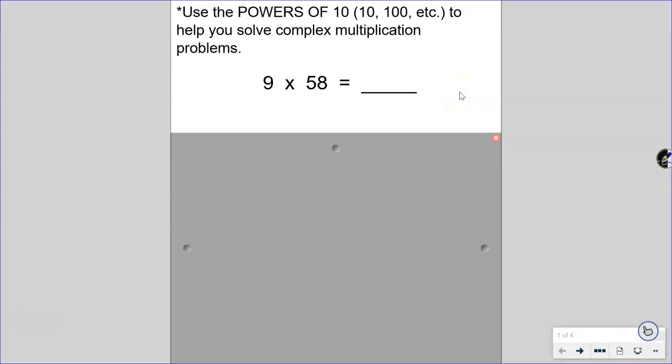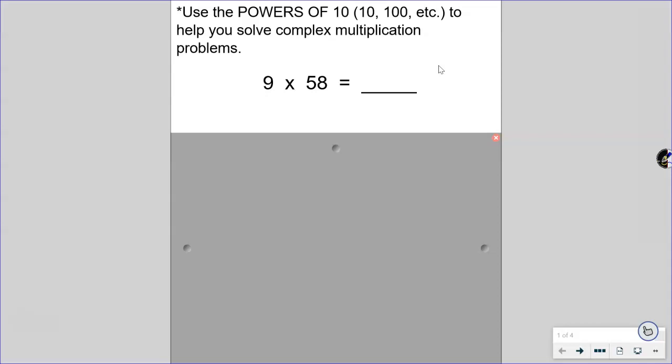This week's review with Rindo is focusing on using the powers of 10 to help us solve complex multiplication problems. And when I say powers of 10, I mean numbers that are ultimately multiples of 10. So the number 10, the number 100, the number 1000, and so on and so on. So I'm going to quickly do a problem that should be familiar because last week's review focused on problems just